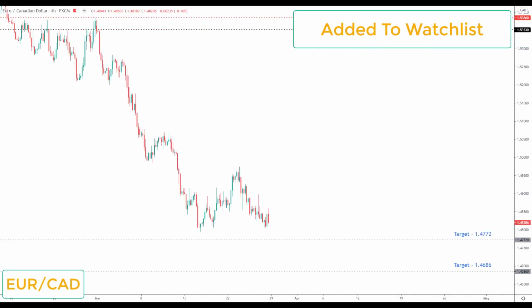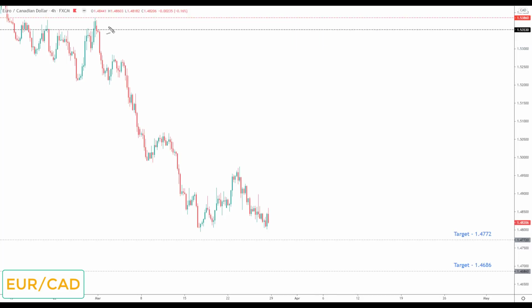Next is Euro Cad. Now Euro Cad does go down once again on the high probability watch list to the downside. This is a market that I highlighted over the last 3-4 videos as one of my favourite pairs, and since we've been highlighting it, it has had a really nice move to the downside. It's been one of the best markets. Last week we were looking for further declines. We'd started to correct and we have now made our way down towards the target.